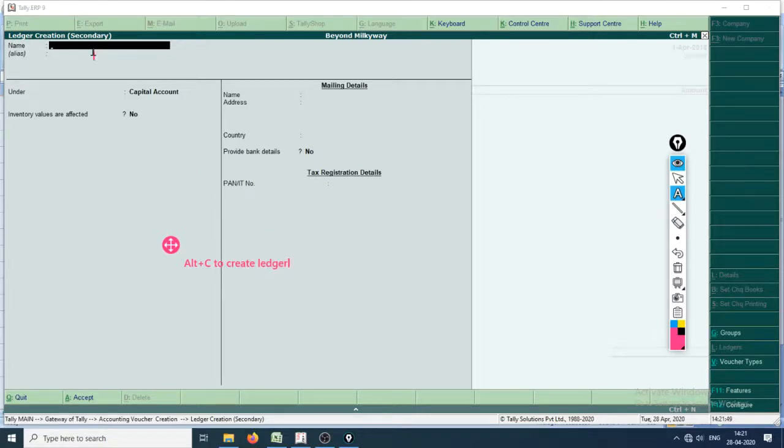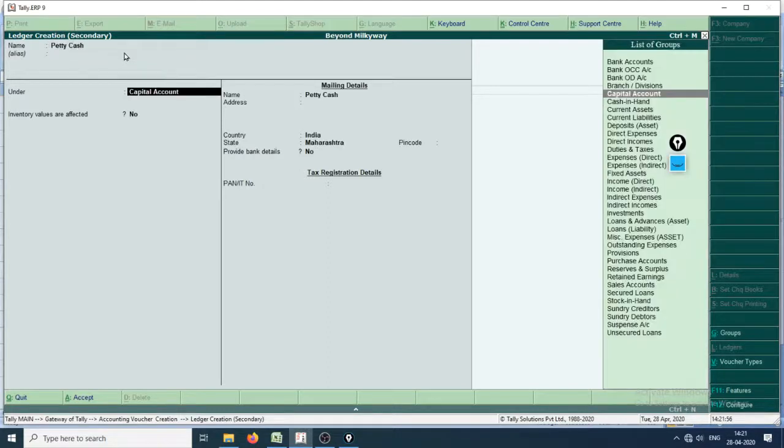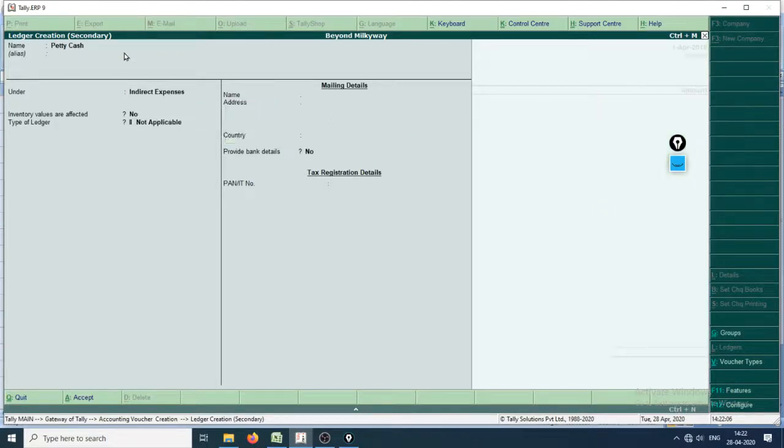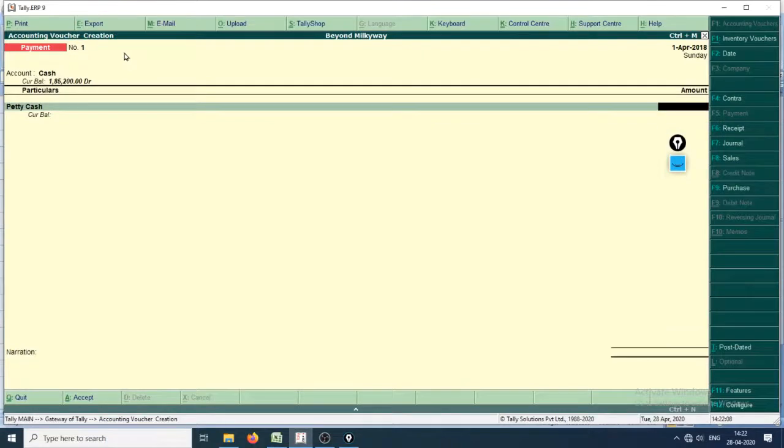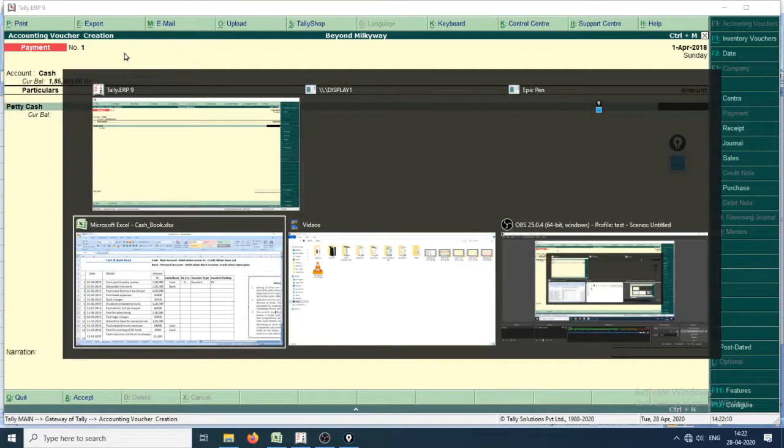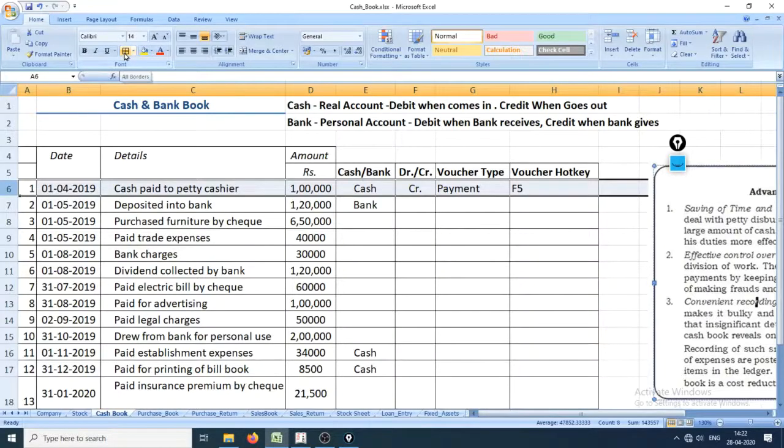Hence you can see petty cash right here. Petty cash is an expense account because it will all be transferred into expenses, hence treated as indirect expense. How much amount is paid to petty cash? That is rupees 1 lakh.